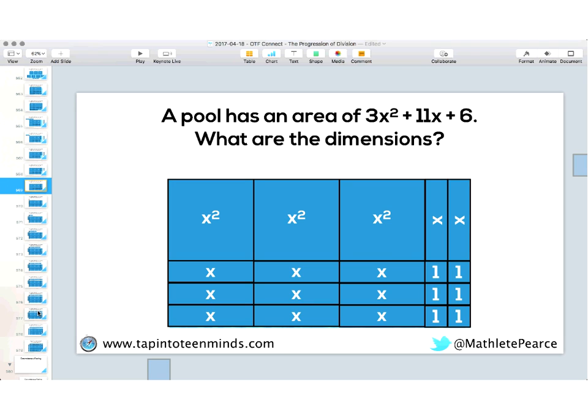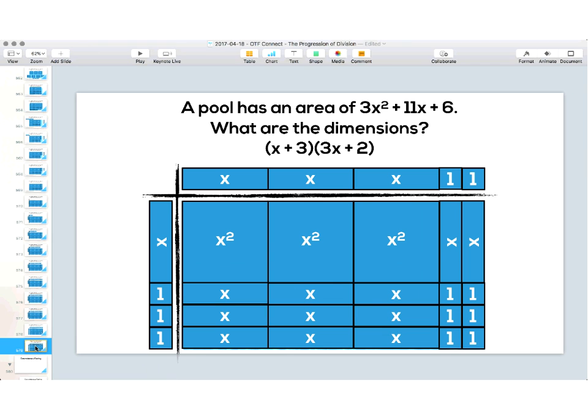I would argue that grade 5 division of base 10 blocks is harder than grade 10 academic factoring of trinomials if we're using these visuals and these concrete manipulatives, because this is what I end up with here. I end up with a length of x plus 3, or picture 10 plus 3, or 13 if x is 10, and 3x plus 2, or 32 if x is equal to 10. We just don't know what x is. X could be any number, right?